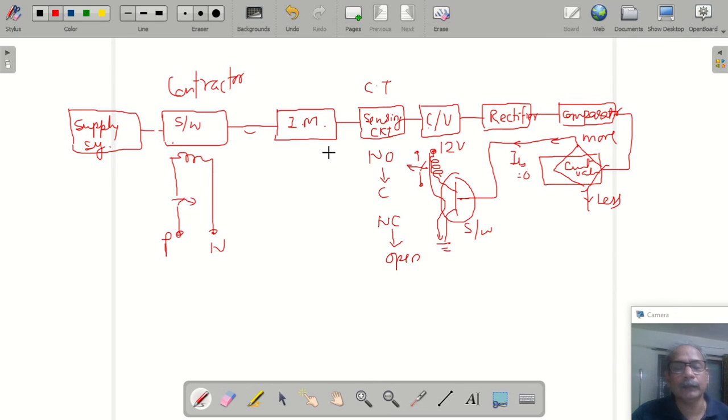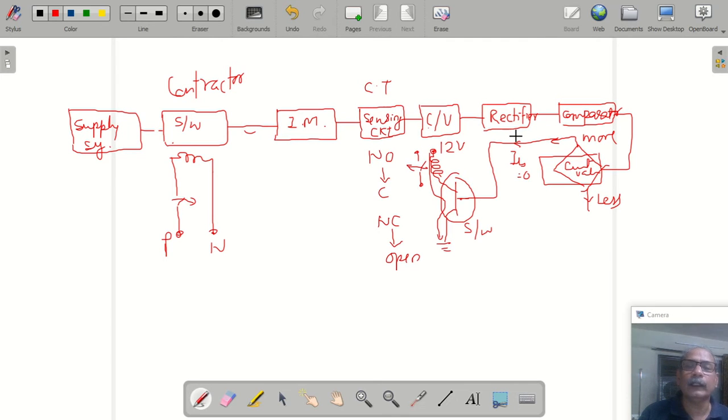Now I have given one example. This is a control system. It is an example of a control system. Clear? We have an induction motor, a switching circuit, a sensing circuit, a current to voltage converter, and rectification. These are the components we are going to use in the circuitry. It is really very difficult to show or explain the circuitry, so it is very easy to explain the circuit diagram by using the block diagram technique. I have just given the idea of the advantages of blocks.